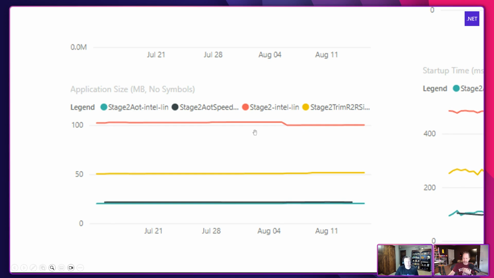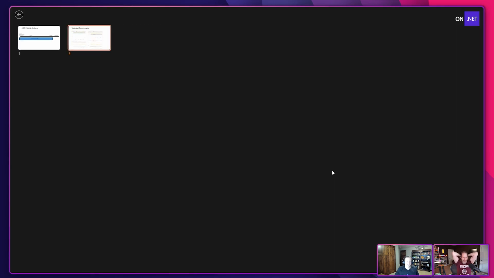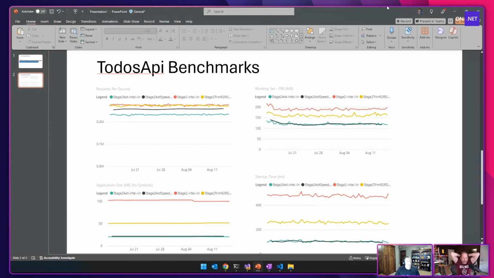So 100 megs is roughly the size. If you trim ReadyToRun in single file, it cuts it in half, and then Native AOT cuts that in half again. Basically. And that's less than 20 megs? In this one, yep, it's about 20 megs, exactly. And again, it's a full web server talking to a database. Yeah. What a world we live in.